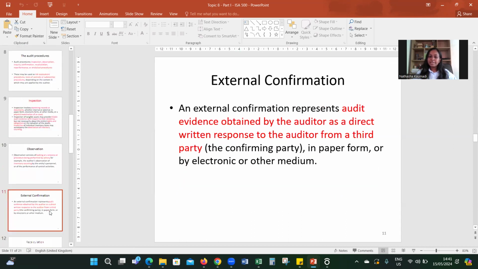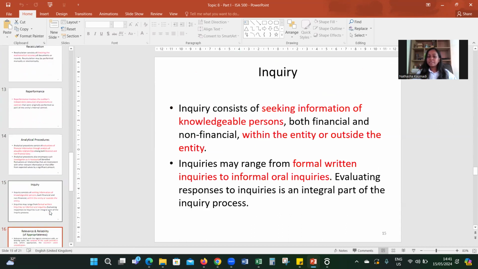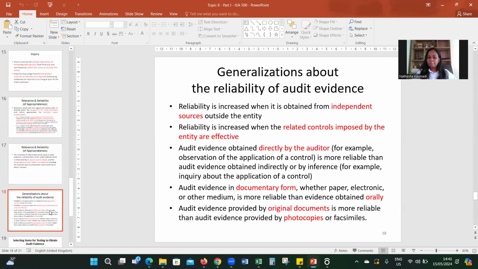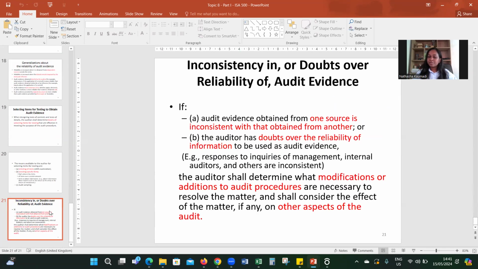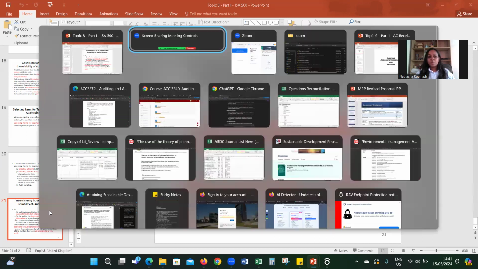So these slides, one by one, explain the meaning of these audit procedures. Right. So these are the important things we discussed last week. Plus, we discussed the analytical procedures in detail. Right. Okay. So moving on to